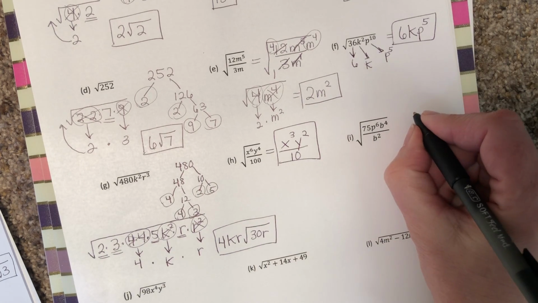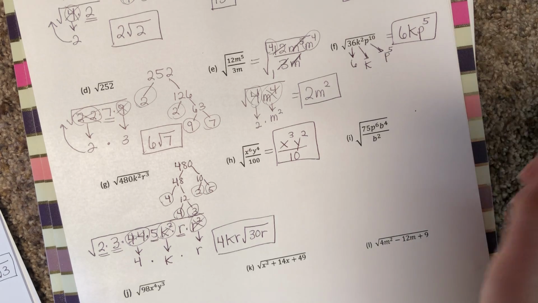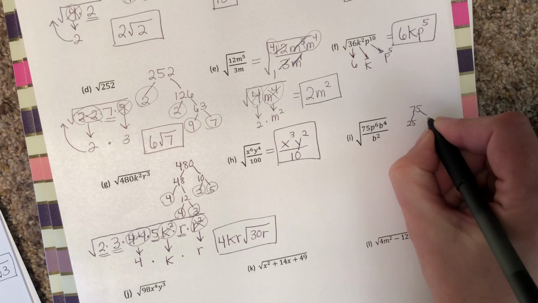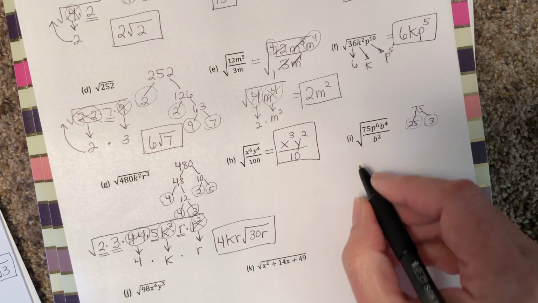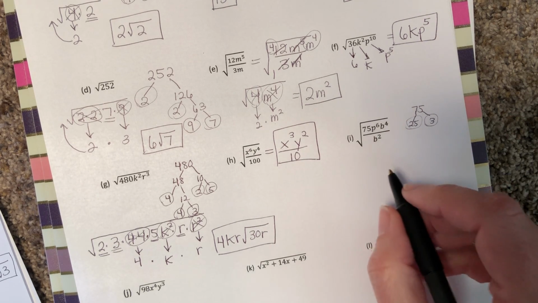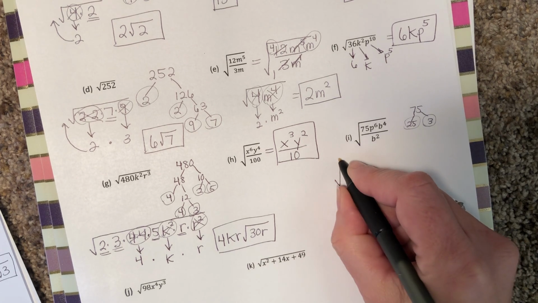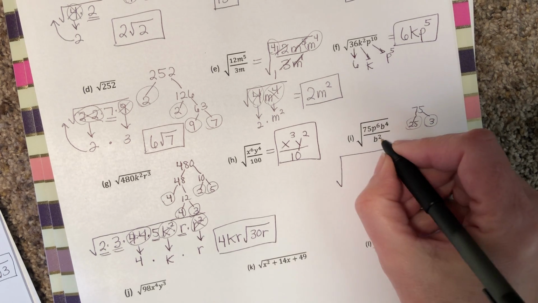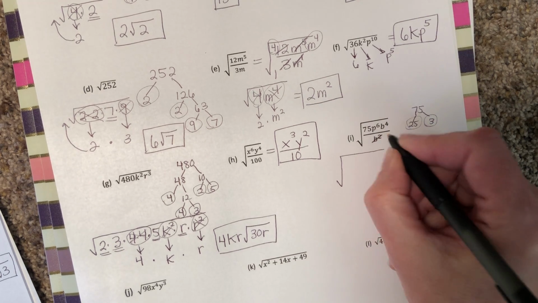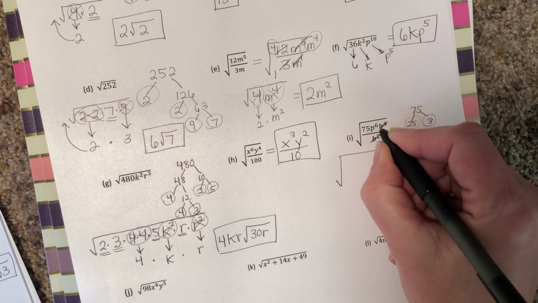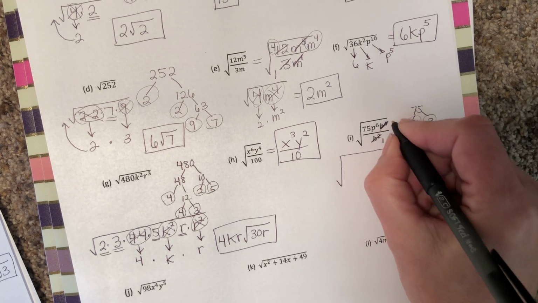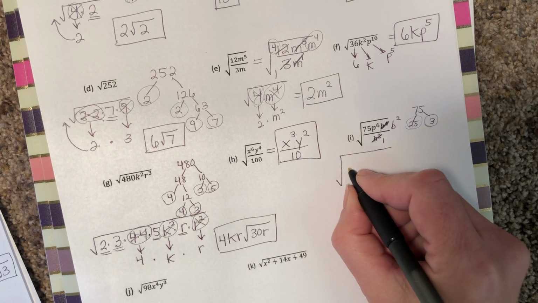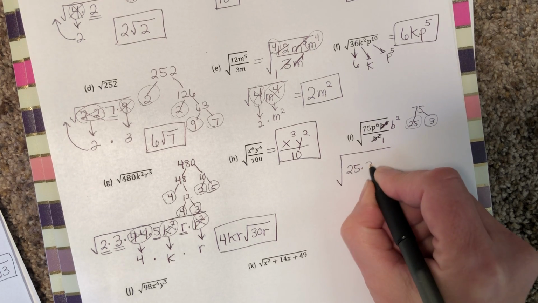Okay, 75. I did a 75 somewhere, I thought. Maybe not. 75 is 25 times 3. And so I can do some canceling here too. So let me do this. Well, I'm going to cancel first. That's always best. I'm going to cancel these 2 b's from these 4, and I'm going to leave 2 b's on the top. So I don't really need this huge square root, but I have a 25 times a 3